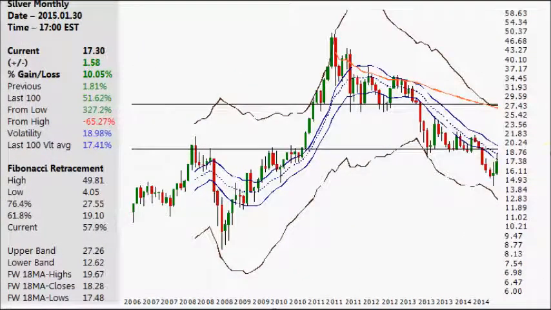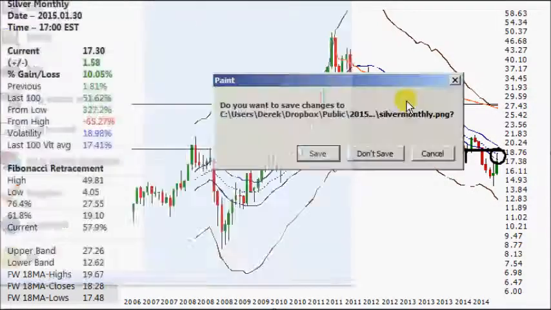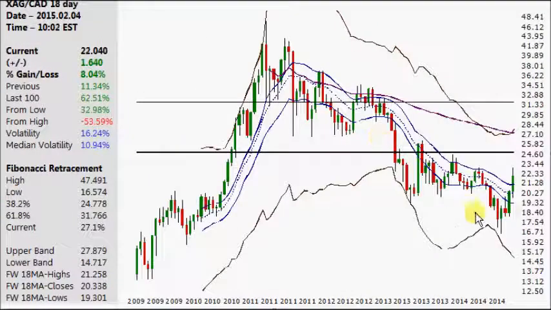Before we take a look at silver priced in Canadian dollars, I'm going to show the month-end chart for January. What's key to note is that one, within this 18 average band, but mainly resisting previous support of 2013. So we move on to an 18-day chart. There's the previous support of 2013,